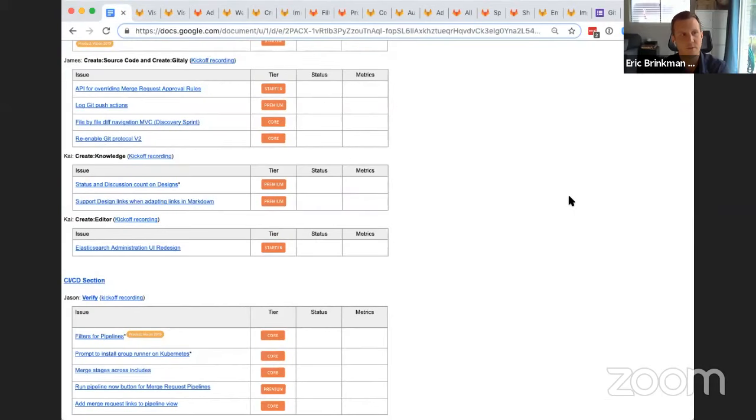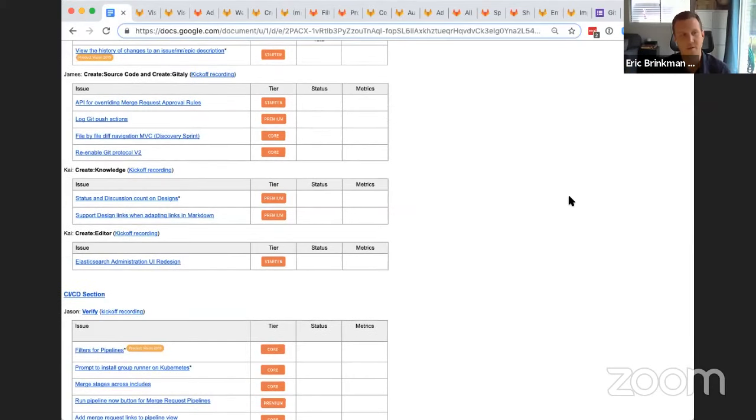So right now, when you review an MR, it's just a very long list of files in that merge request. And what we're going to do is we're going to do what we're calling a discovery sprint, where we're going to look at improvements on how we can make that a little bit easier to navigate, maybe show one file at a time and click through. So we're gonna spend next week iterating on that and hopefully making some really cool improvements there.